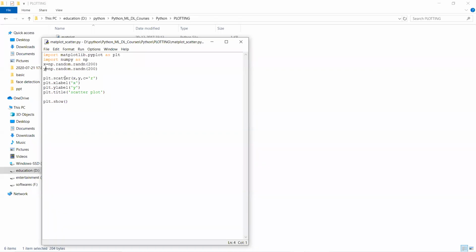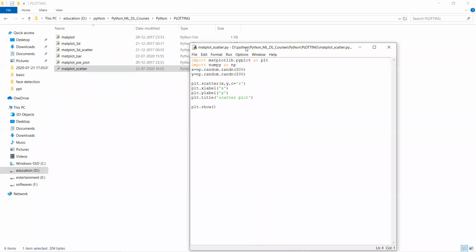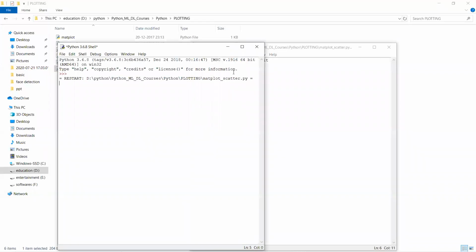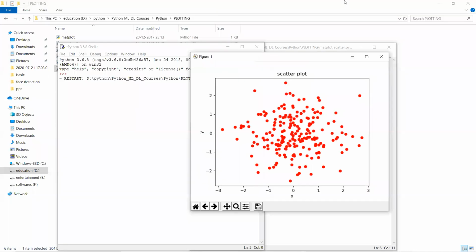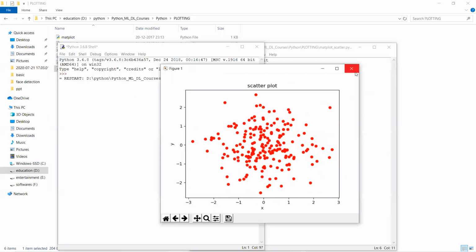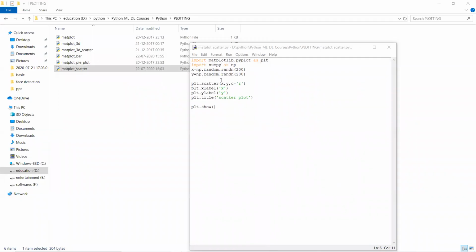Here, if you observe, we are using plt.scatter. Previously we used plt.plot. Plot is related to a linear way, so it's like a line in between. Okay, so scatter means here we are going to represent in dots. Like this you can observe here. So scatter means we are going to plot the diagrams by using dots. Okay, so here itself, if you want to change, we can change.